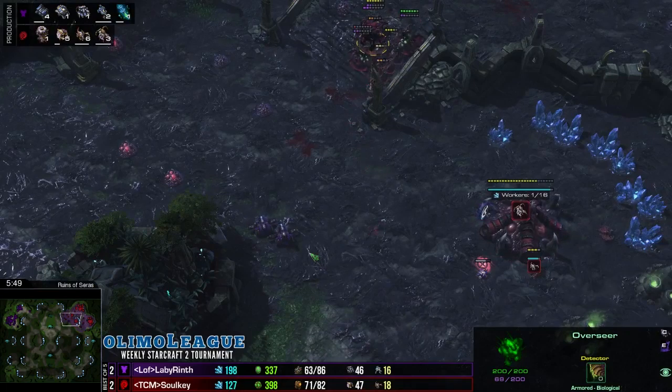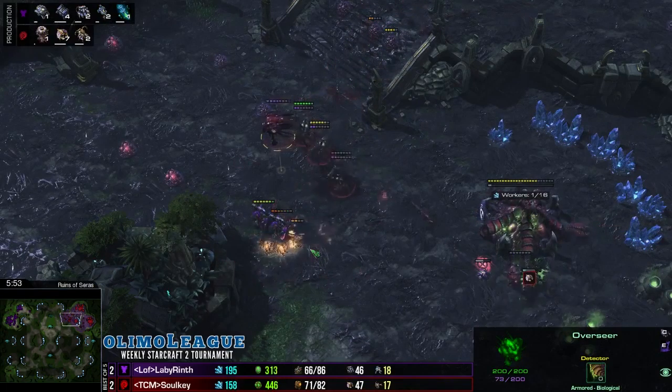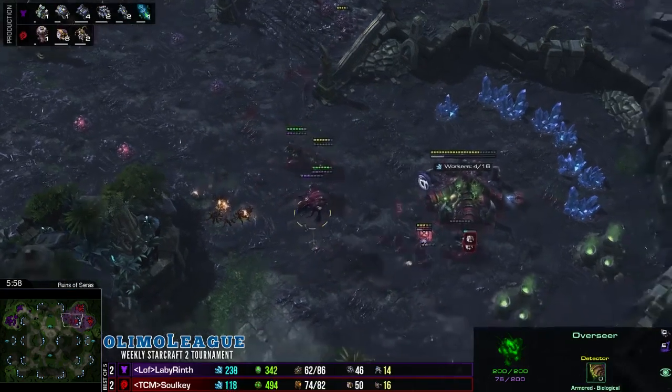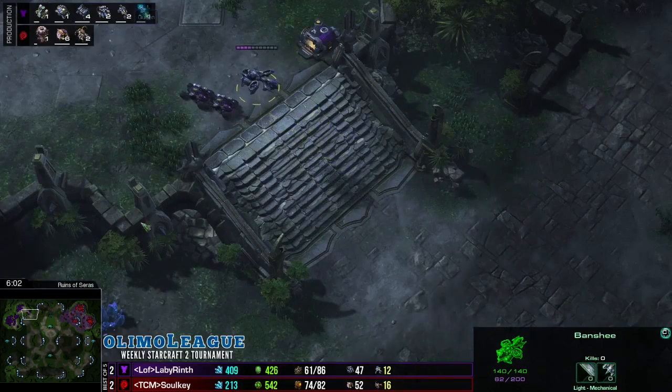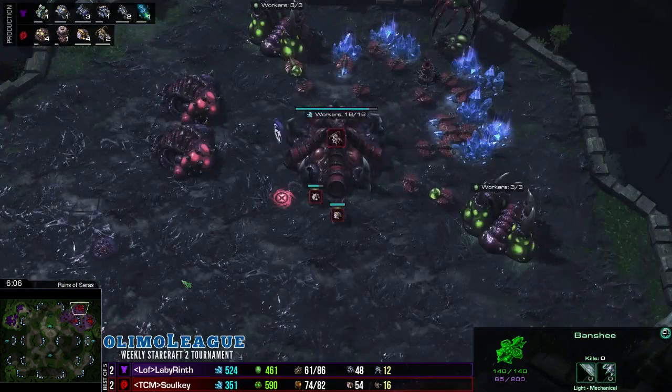That's actually a bit surprising. I was actually really worried there for Soulkey. Yeah, with how late his Banelings were, but they connected well. The Queen defense was really quite good, and two more Hellions unfortunately look a little bit useless. I think he got a second Banshee. Yeah, he just pulls it back. Good move there. Can be used defensively, or it could just go in later and try and pick off some